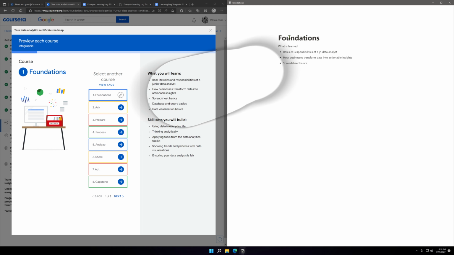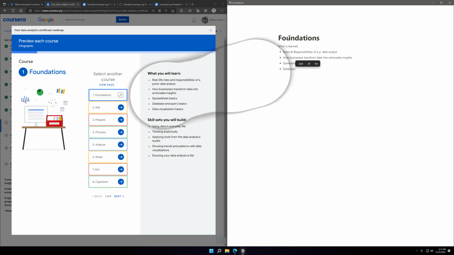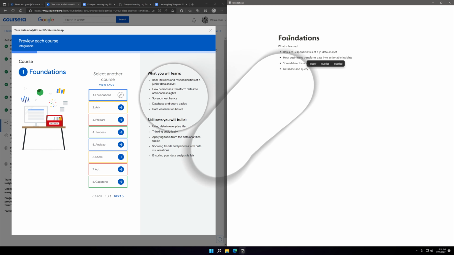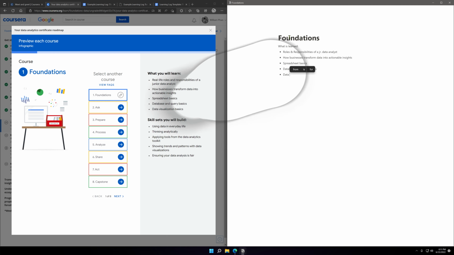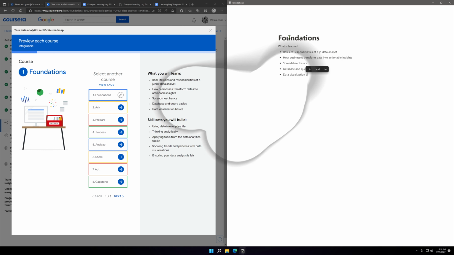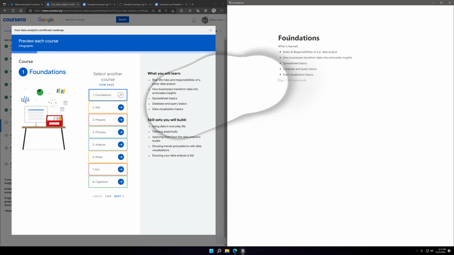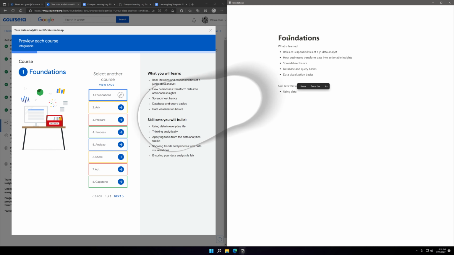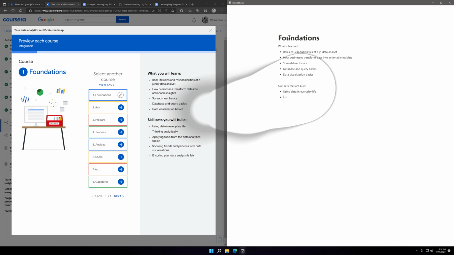Spreadsheet basics, database and query basics, data visualization basics. Skill sets built: using data in everyday life, whatever that means.